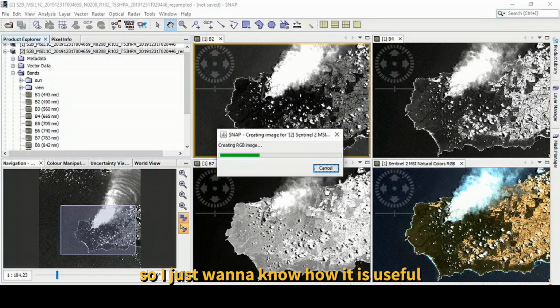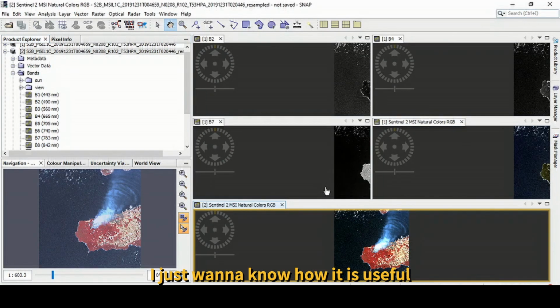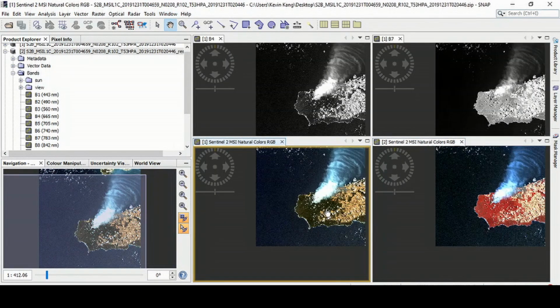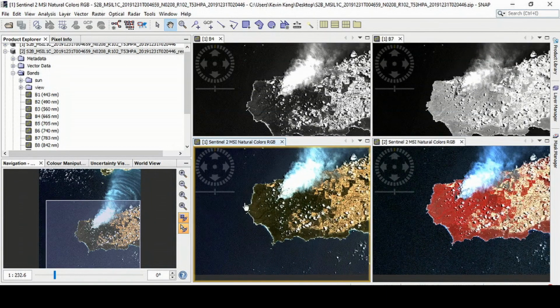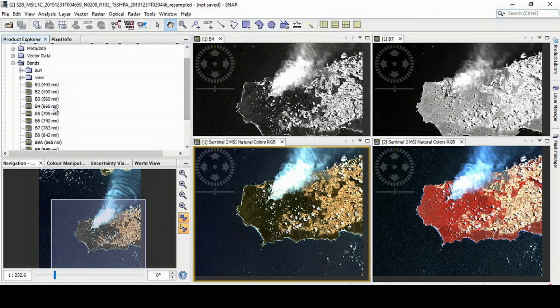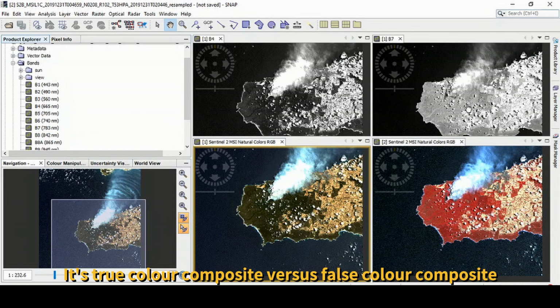So I just wanted to show how to get useful information. Same thing, tile evenly, and I just wanted to see the band 4 belonging to red and the near infrared. So bottom left and the right.